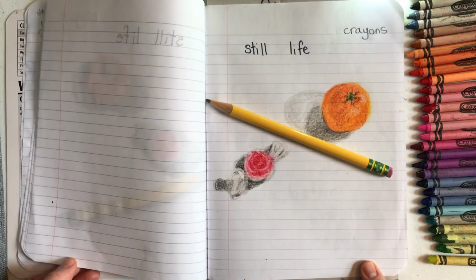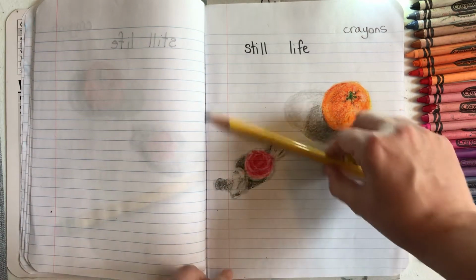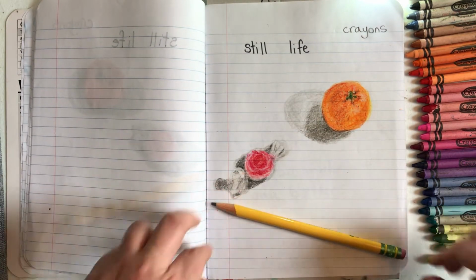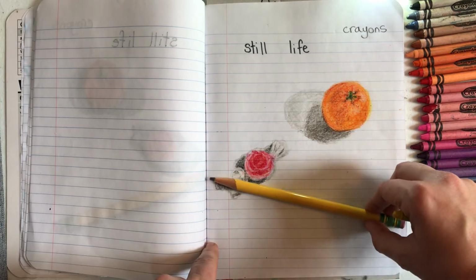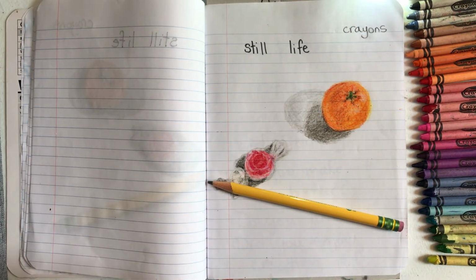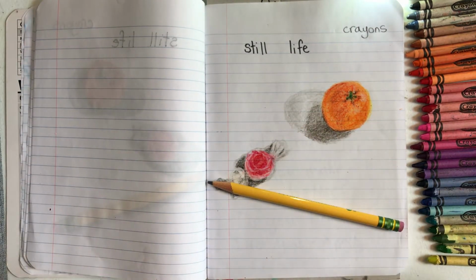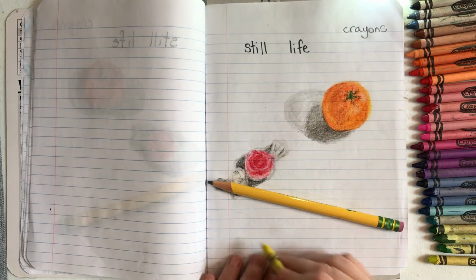So when I draw this pencil today, I think I'm going to have to shorten it. Now I could draw it like that. Maybe I'll just move it here and then draw it right there. Okay. All right, I'm going to start with yellow and just kind of get the whole length going first. I want to make sure,